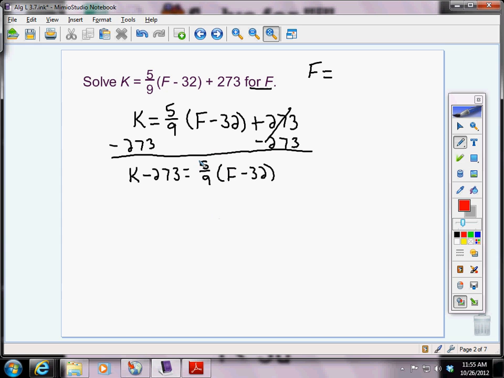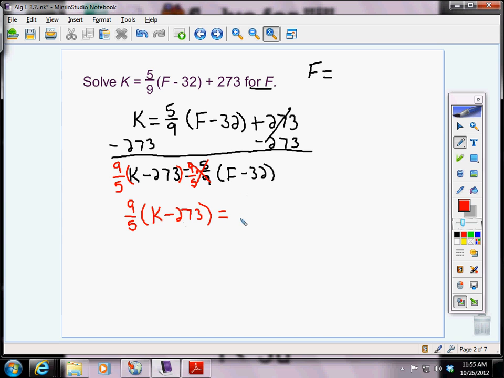But remember, dividing by 5/9 is the same thing as multiplying by 9/5. And whatever we do to one side, do to the other. So we're going to take this whole quantity on the other side and multiply it by 9/5. These cancel out, so we're left with 9/5, just leave it, times the quantity K minus 273 equal to,